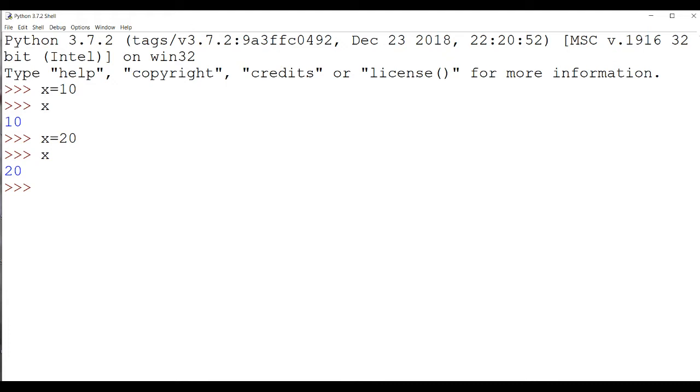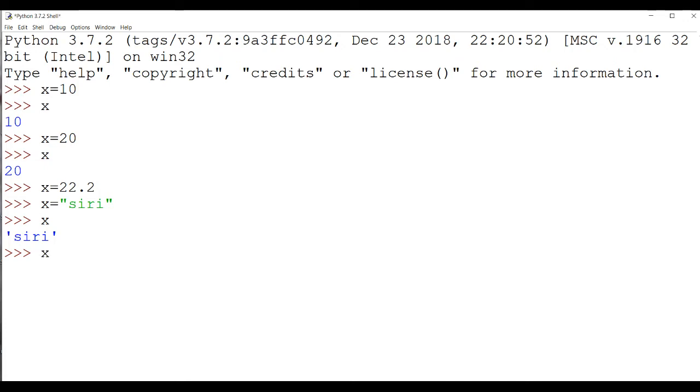There is no need to declare a variable in Python. For example, in other languages like C++, Java, if you want to work with integer values, then you need to give the data type as integer. In this, no need, you can just type the value. I can pass a string also. x is equal to Siri. Variables can be created by assigning a value to them.